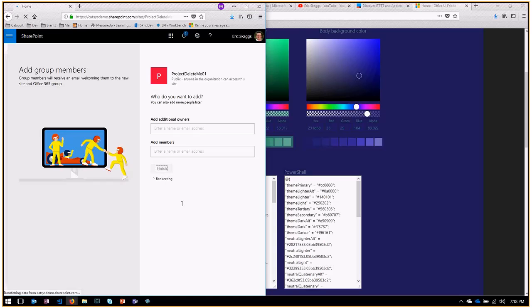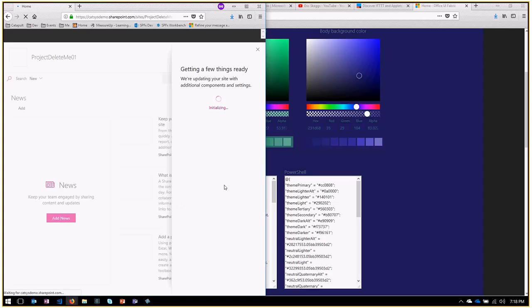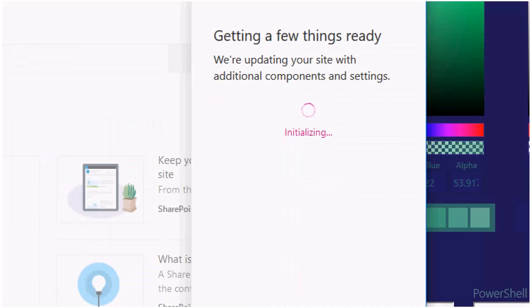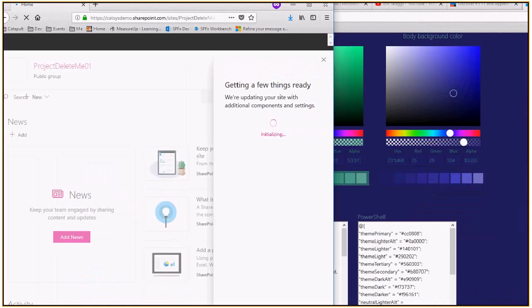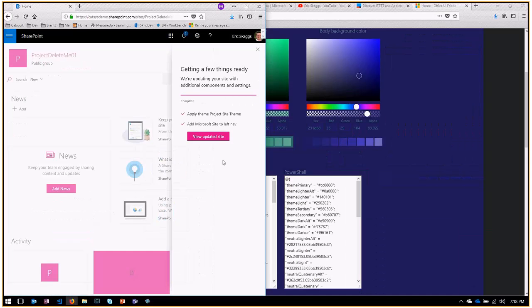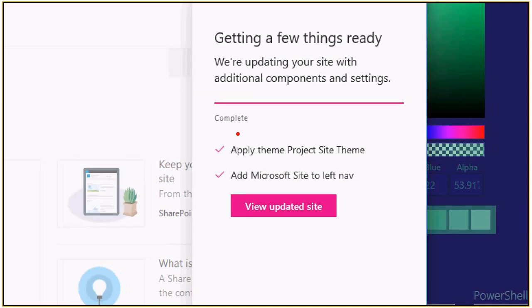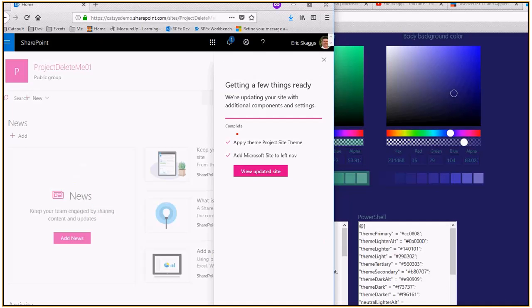It's taking me to the site. It's doing something. We're updating your site with additional components and settings. My verbs, apply theme, apply the project site theme. Add Microsoft link to the left nav. Check, check. So now, if I click view updated site,